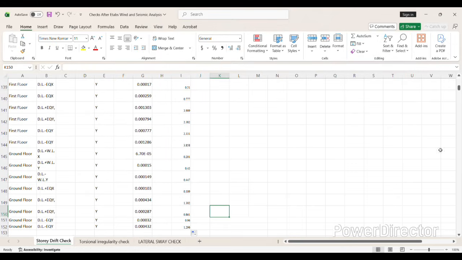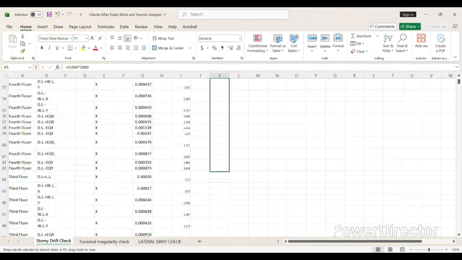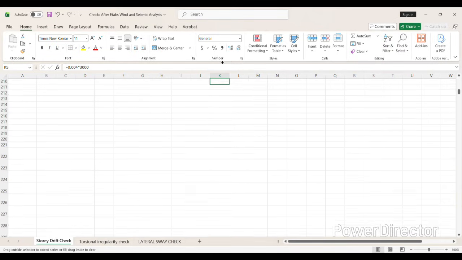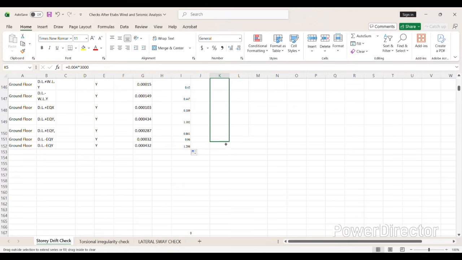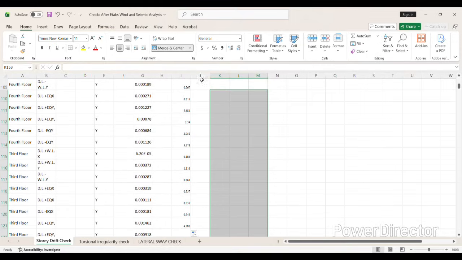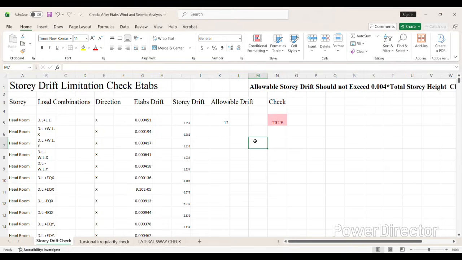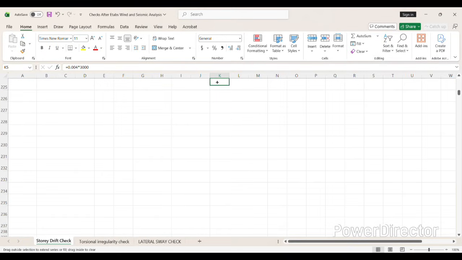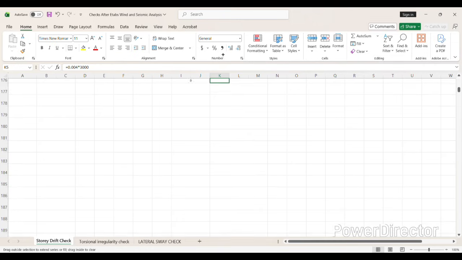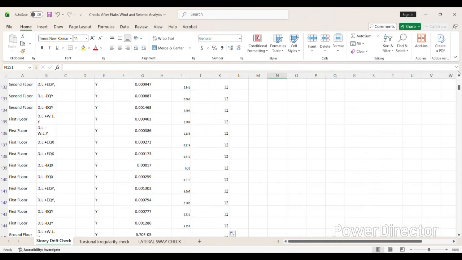Yes, so the story drift I have dragged down now. Then the allowable drift I am dragging down as well. So first we have to unmerge the cells, and okay, so the allowable drift is